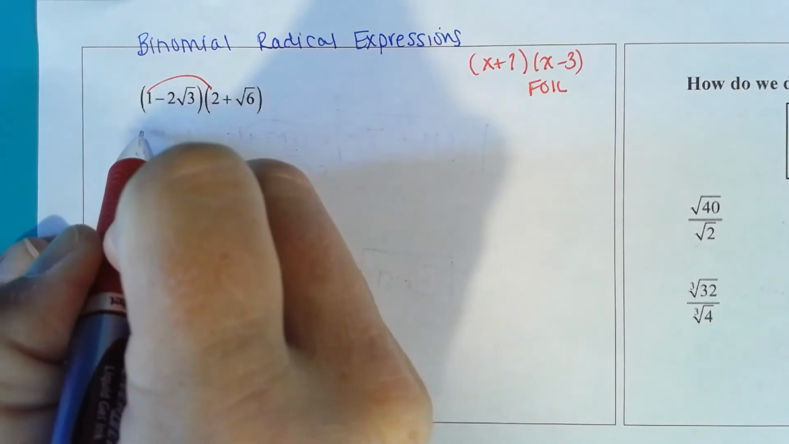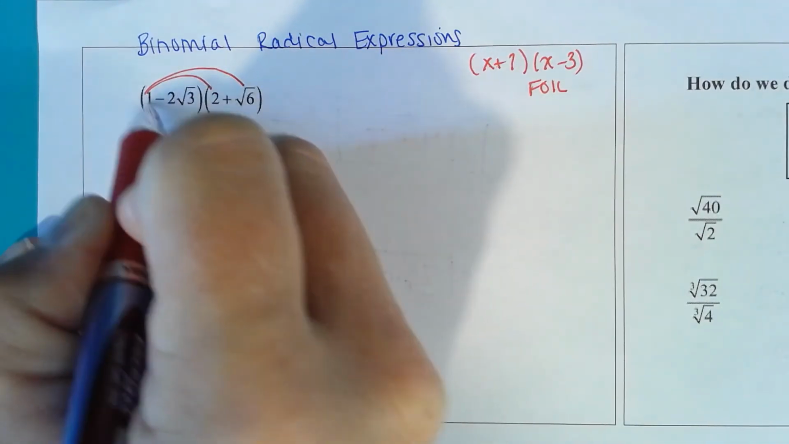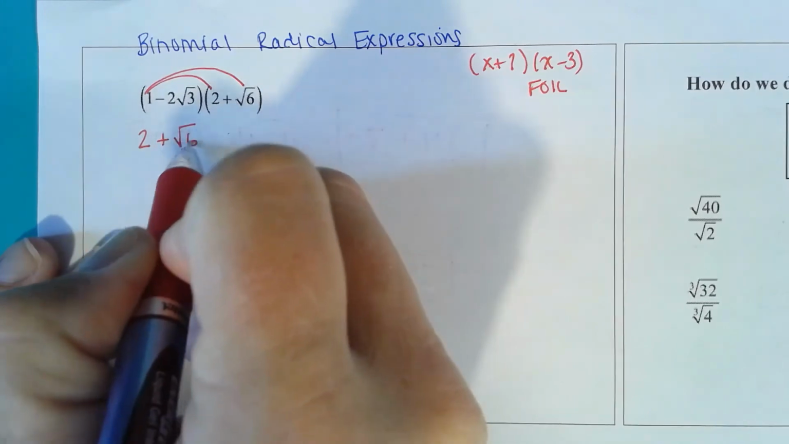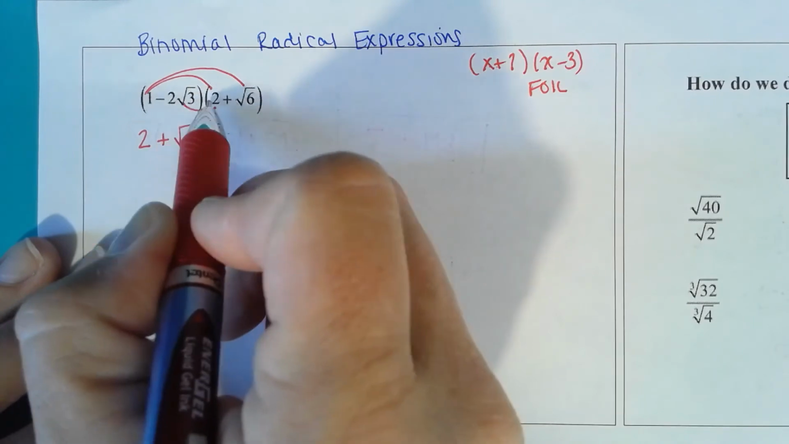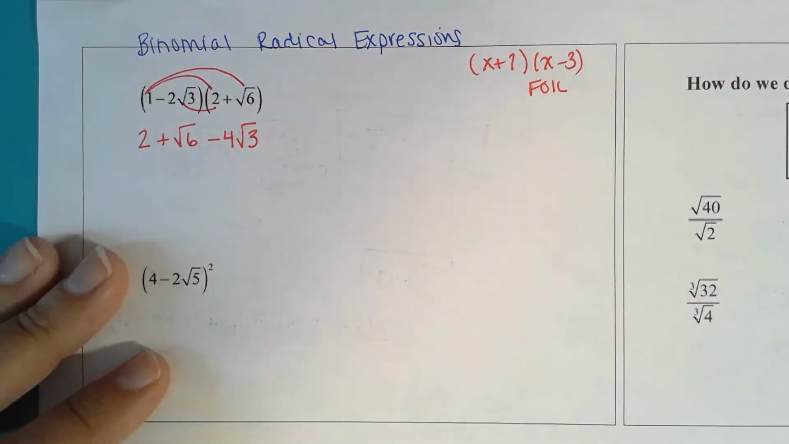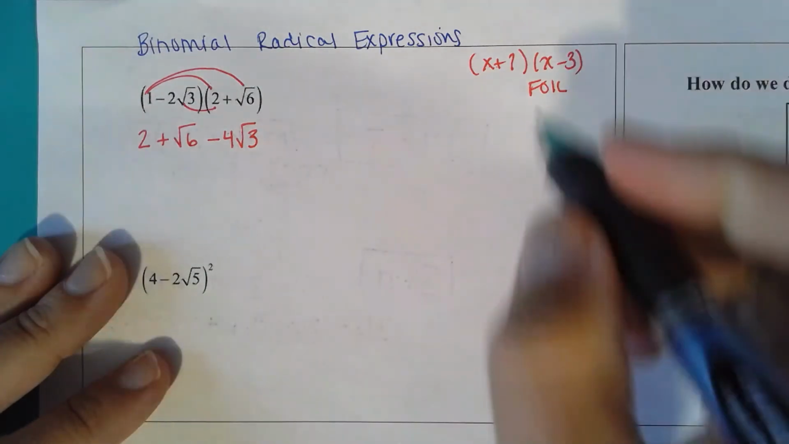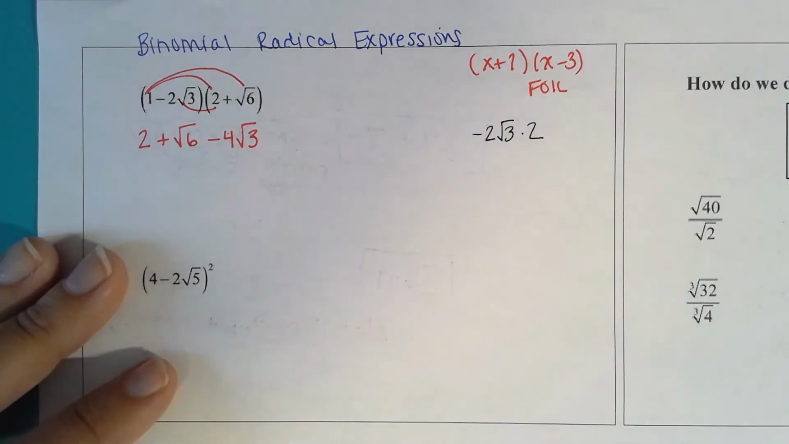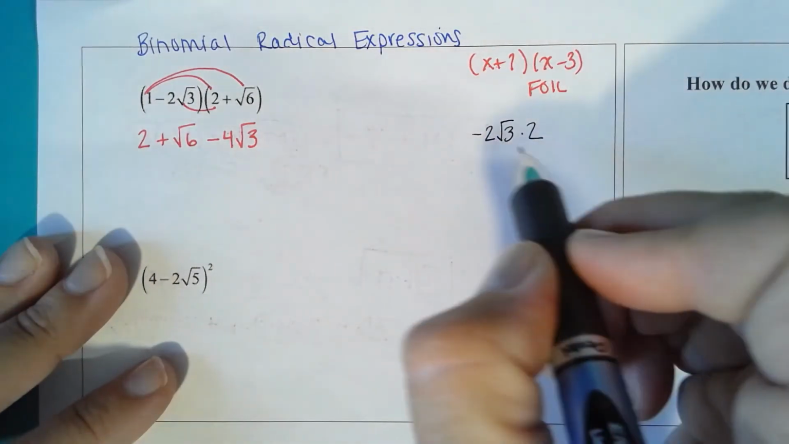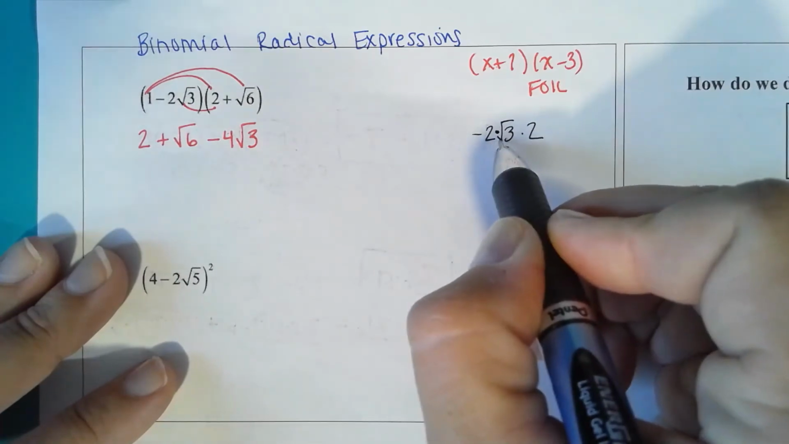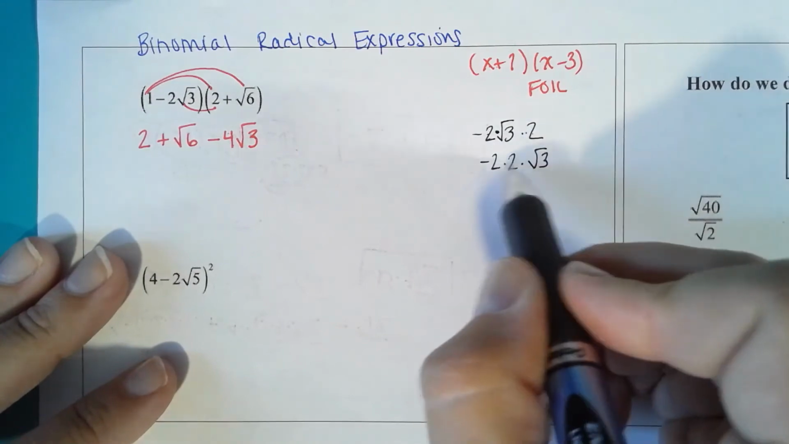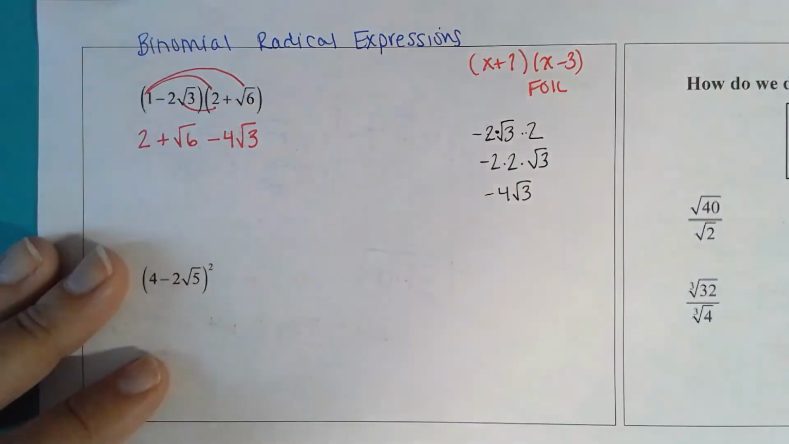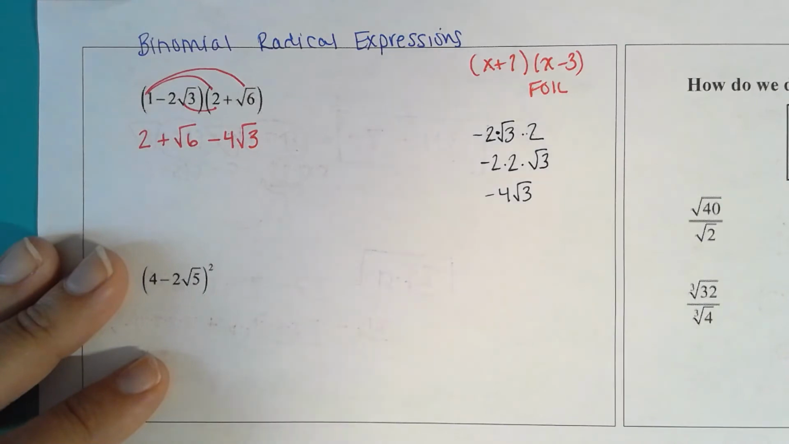So 1 times 2 is 2. I go to the outside. 1 times radical 6 is radical 6. I go to the inside. -2 radical 3 times 2 is -4. Do not hesitate to go over to the side and do some of your arithmetic off to the side. -2 radical 3 times 2, remember there's a multiplication symbol in there. And we are allowed to multiply in any order. So let's multiply these 2's together and then tack the radical 3 at the end. That's where I got that from. And then my